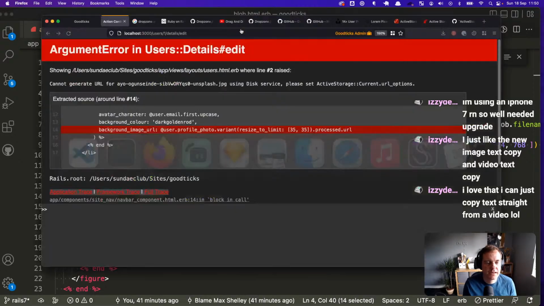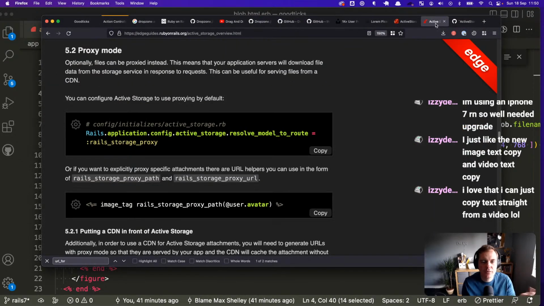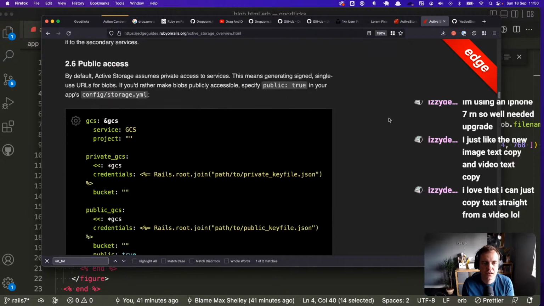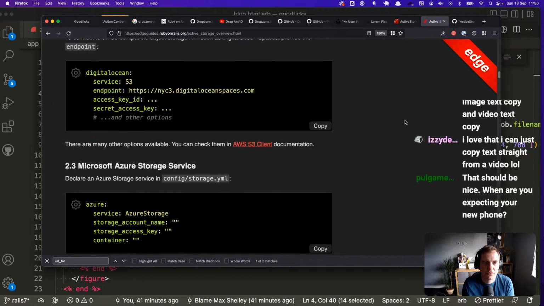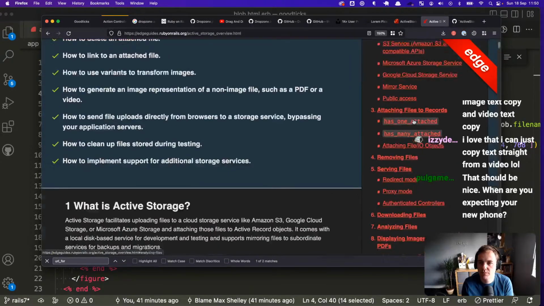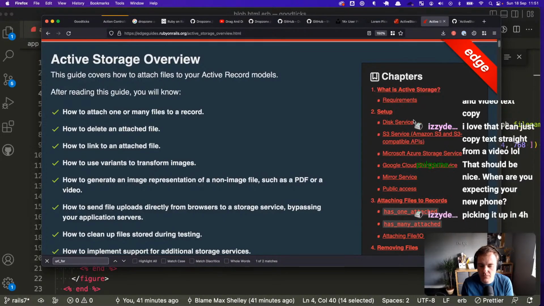Yeah, see, this is where I get every time I use it. This is why I want to be using active storage all the time, so I don't have to go from scratch. My brain can't hold this in. Why am I sometimes using the blob and sometimes